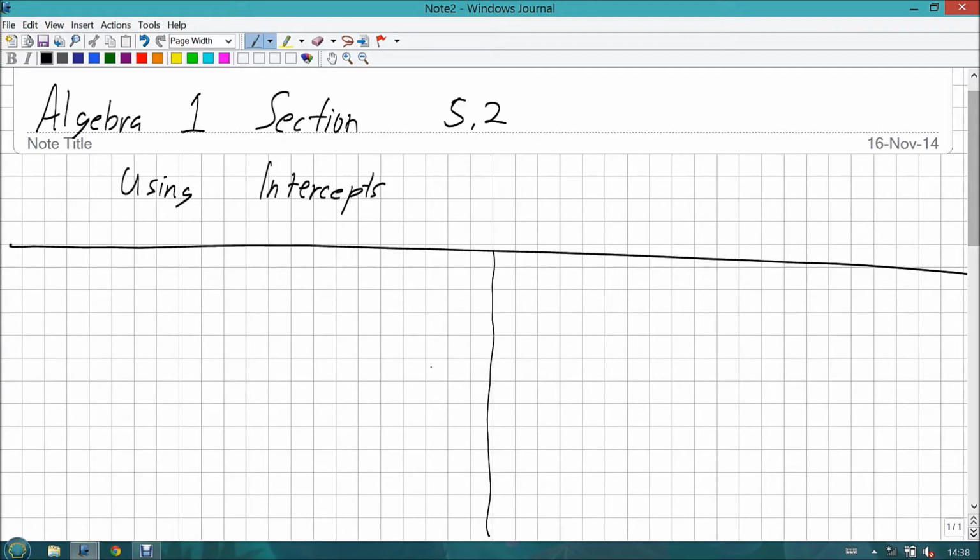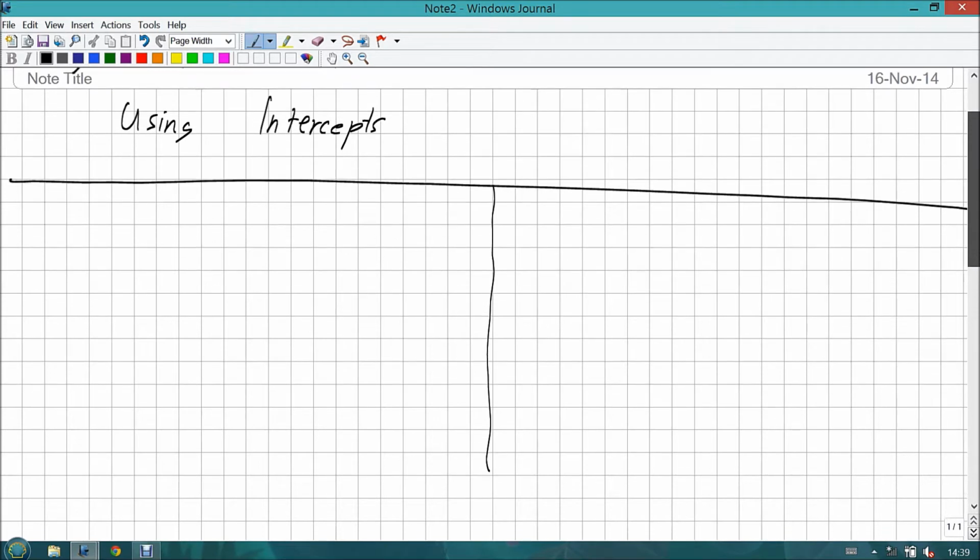We are now doing section 5.2, which is using intercepts. Last time we learned what a linear function was, and today we are going to learn how to use intercepts for finding and graphing a linear function. But before we can use intercepts, we have to know what they are, so we're going to start with the Y-intercept. The Y-intercept is